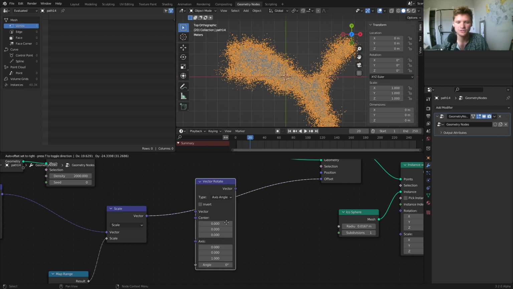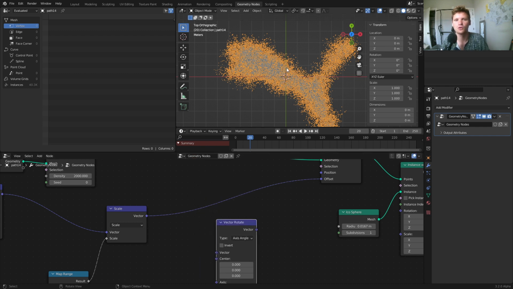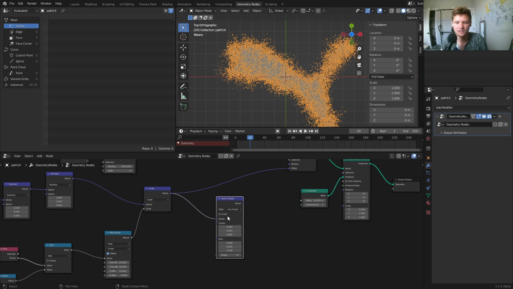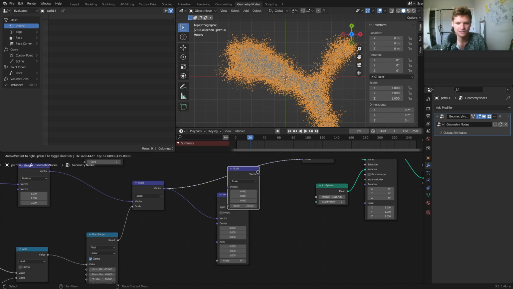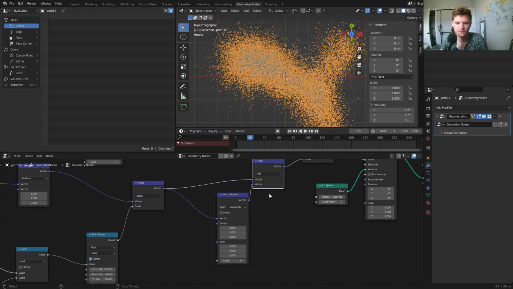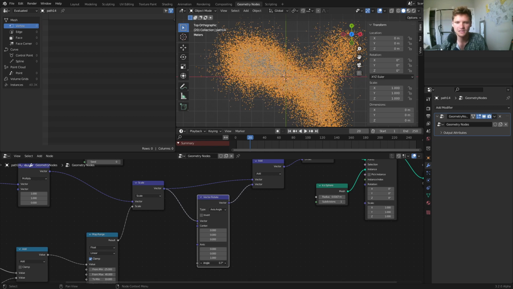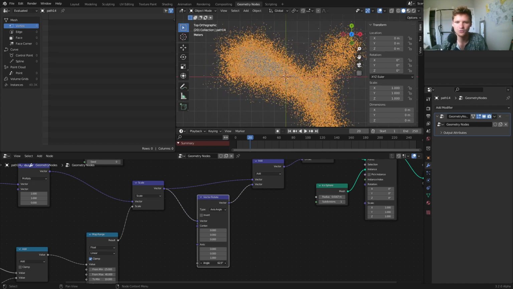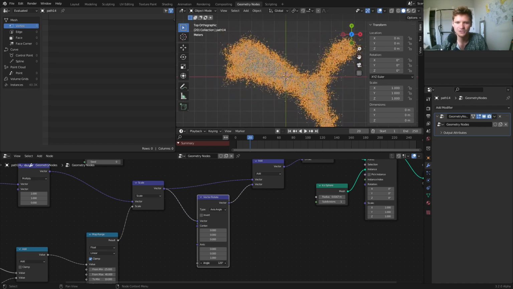What I'm going to do is use a vector rotate node to add a bit of twirl as they come in, almost like each point is spiraling about its center. So I'm going to take our transformation, we want to rotate it, and then whatever we do with this, let's just add our rotation. Such that you can see now when we play with the angle, whoa, not only does it look cool, but you're going to notice when it gets to 180 degrees,